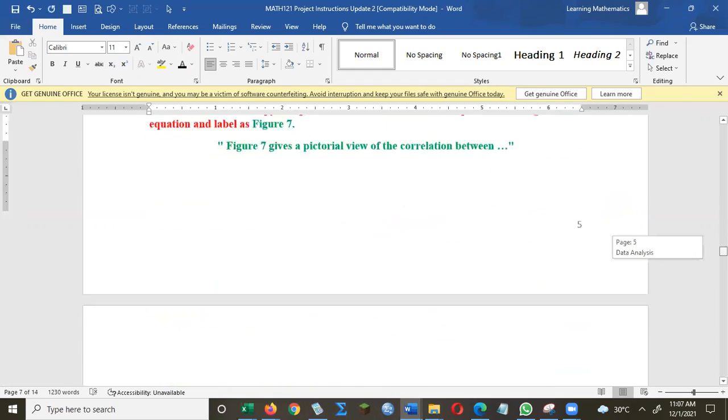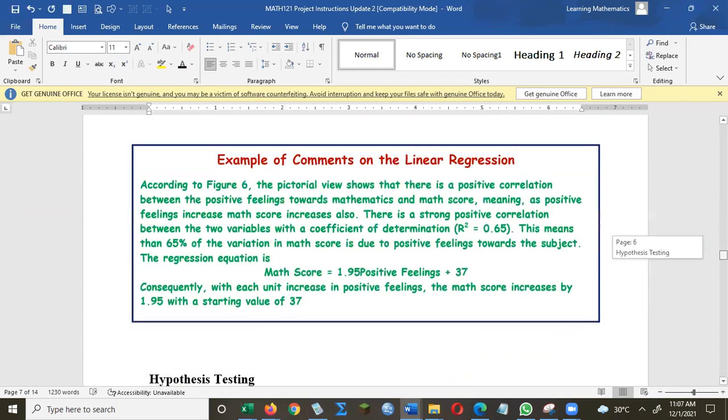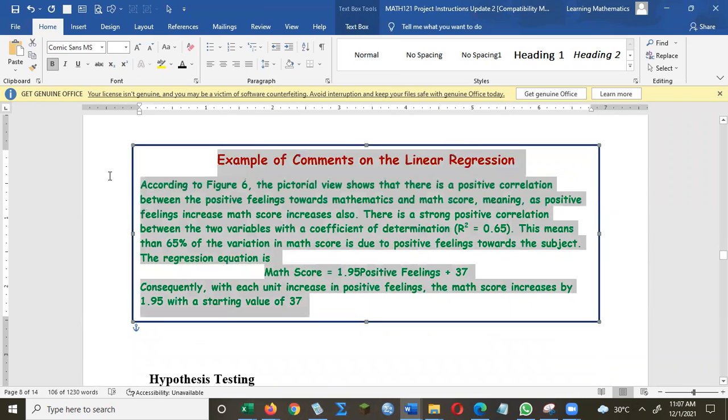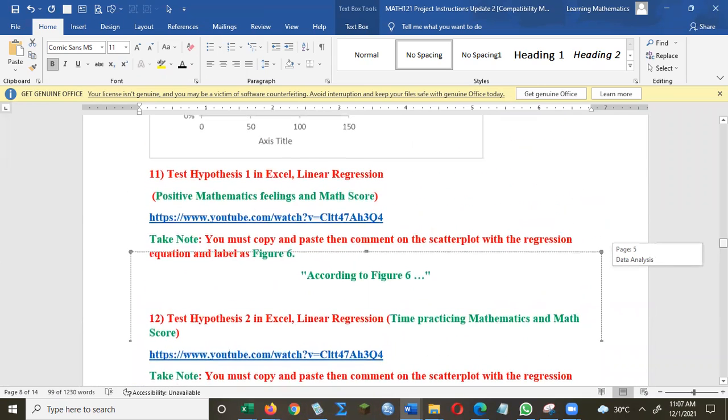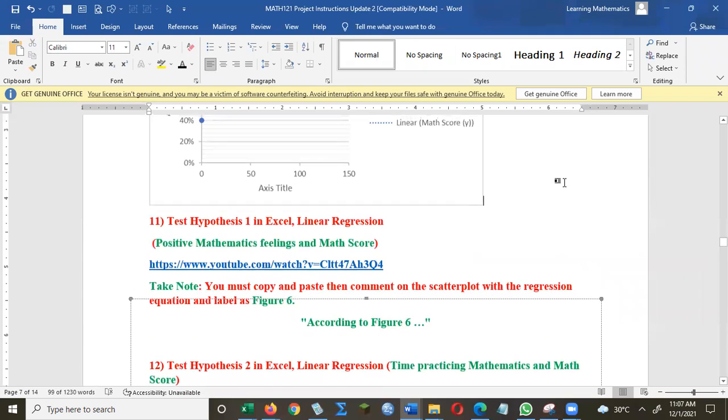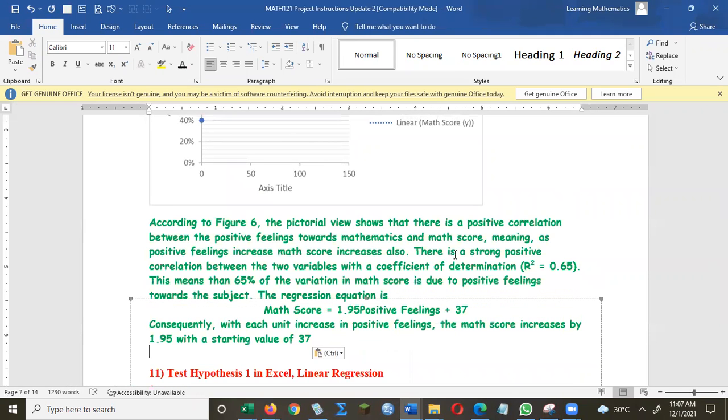You comment something similar to what I have there. Comment on the regression line. Let me just copy this right there. You paste it under it. And then you can make your modifications, okay? So instead of saying